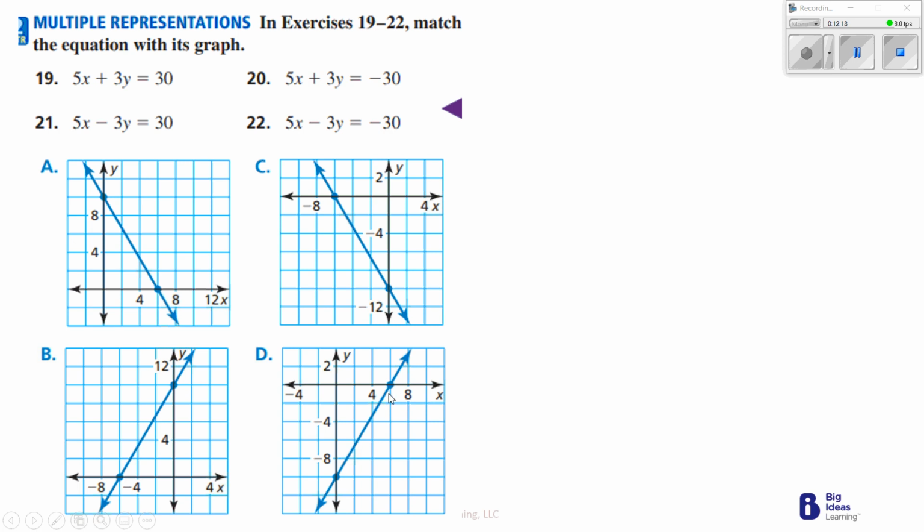So any one of these that I look at, I see x is 6 here, and x is 6, or actually, yeah, 6 here and 6 here. So now I have to see what y would be. Well, y is going to be 30 divided by 3, which is 10. So that would be, let's see, this one here would not be negative 10. So 19 would be A. Okay? To do 21,